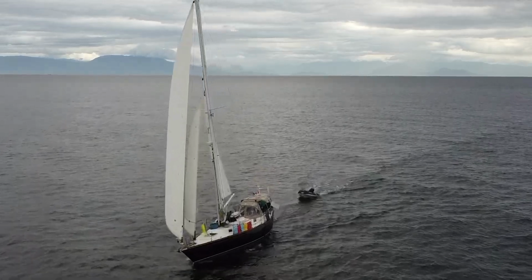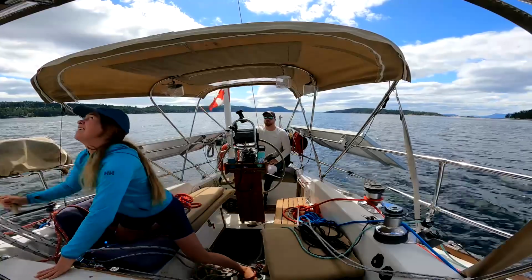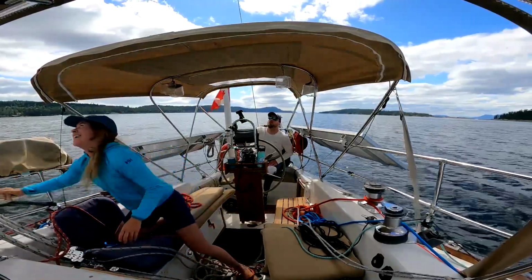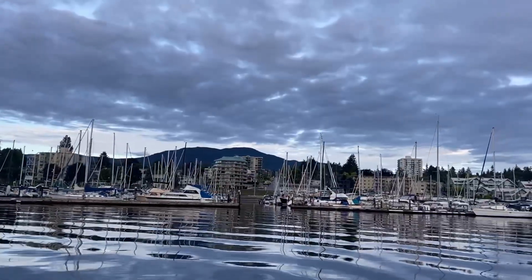Last week, we sailed as a cutter rig for the very first time. We sailed up to Nanaimo, BC for a week of fun. Here it goes. It's 6 a.m. and we are headed to Stone's boatyard. We have one last big project before we leave, and that is to haul out because we've got a leaky